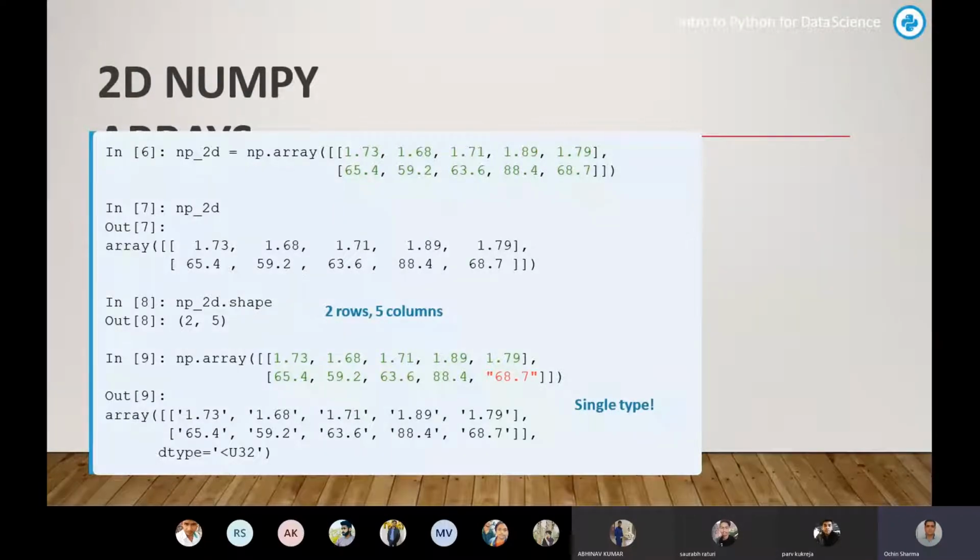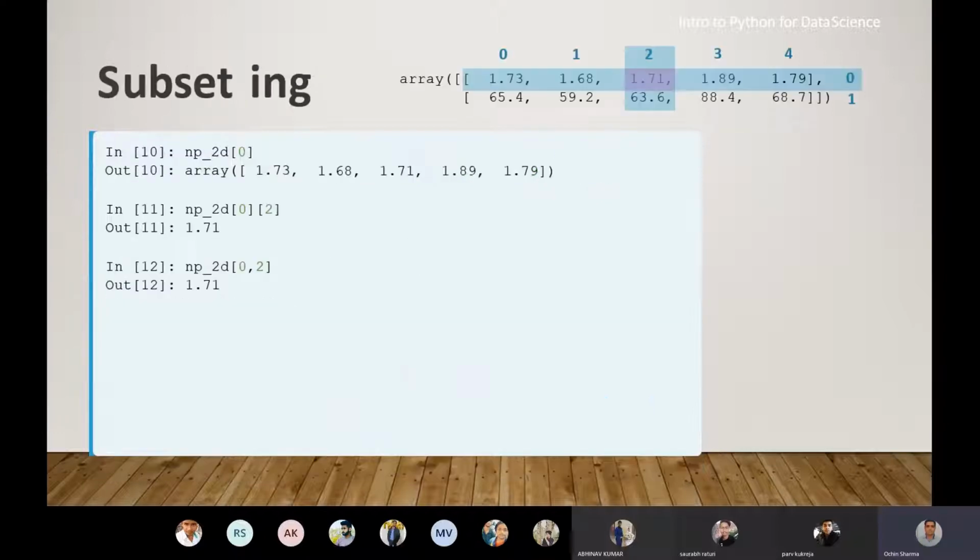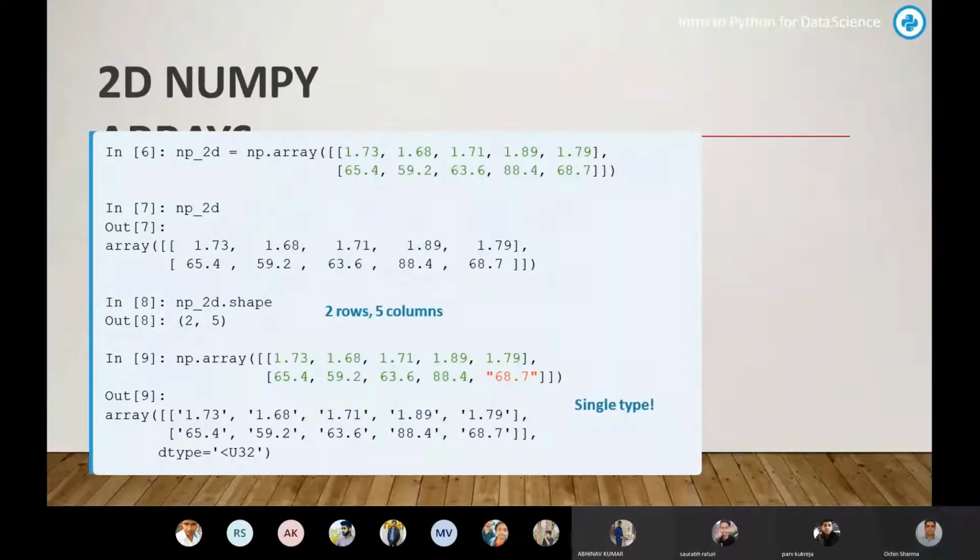On the right hand side, np is the keyword, dot array is the keyword, and the values in the form of a list, or you can say array, are defined here. So it is basically 5 columns and 2 rows.